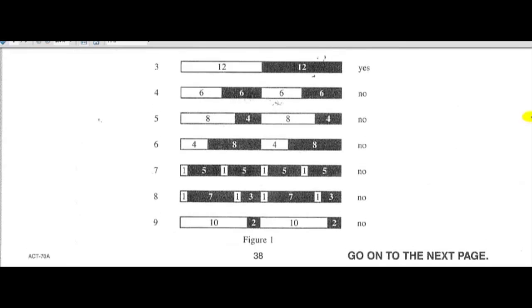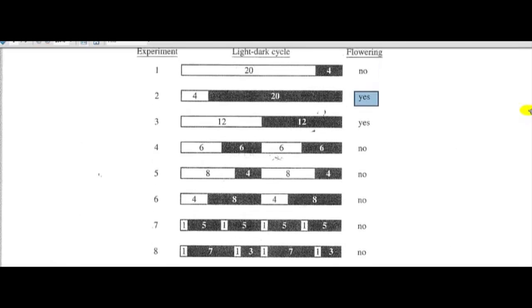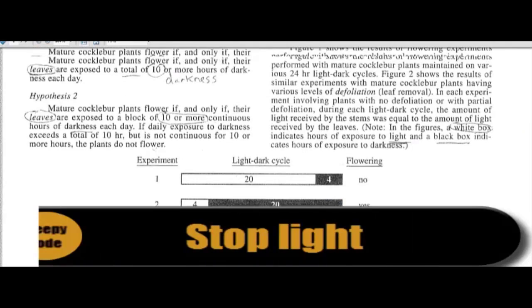When you come up to Figure 1, let's take a look at 4. In 4, here are our experiments again. Scroll down to 4. Here's 4. Is there a total of 10 hours or more of darkness? Here is a spot of darkness, 6 hours, and here is a spot, 6 and 6 is 12. That is more than 10. That is true so far. When you have a total of 10 or more hours of darkness, you produce flowers. That's what it says up here